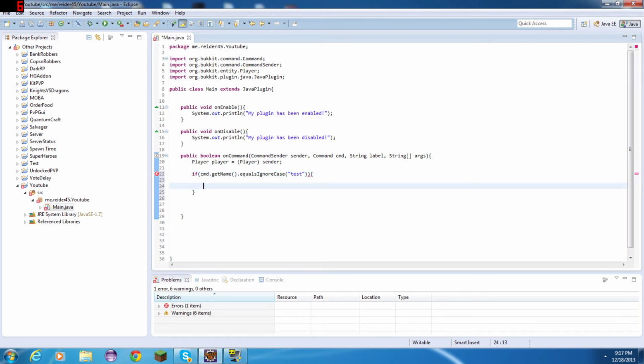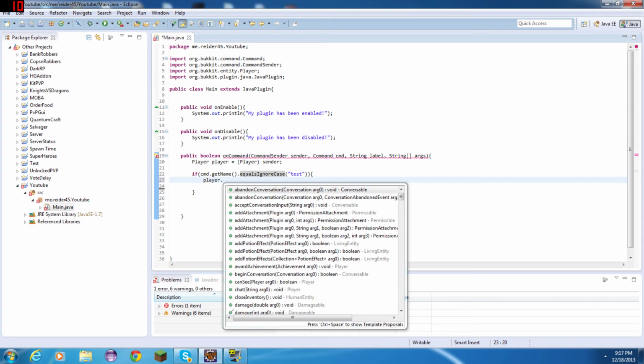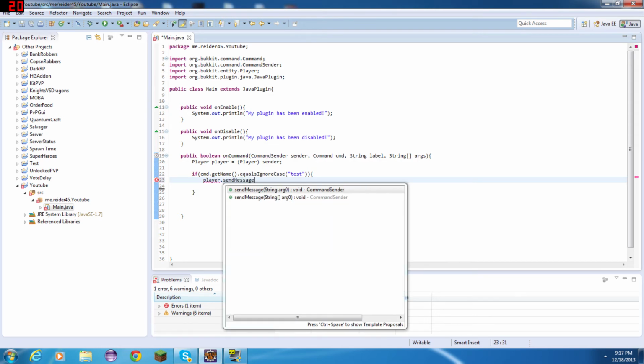Then we want to put some squiggly brackets. So basically, if the name of the command equals test and it's ignoring capitals, we will do whatever is inside here. So if the command is equal to test, not bothering with capitals, then what we'll do is we'll do player dot send message